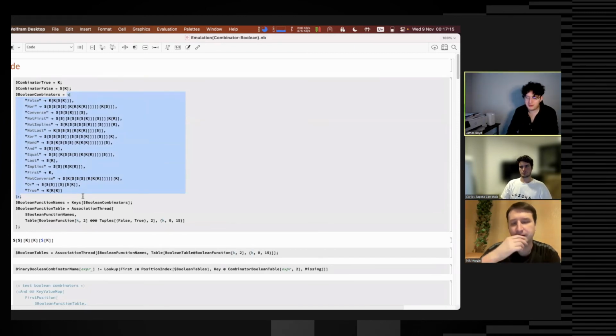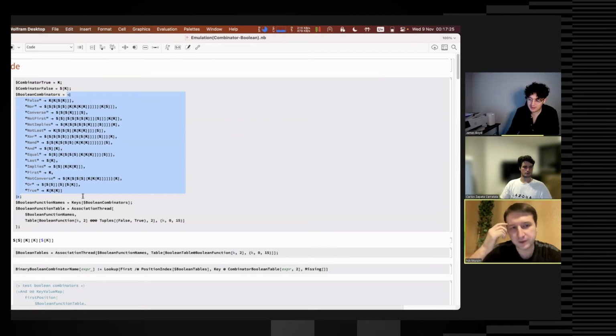Wait, let's go through that more slowly. So you begin — are you treating this as an initial condition, or is this just something that we find within some intermediate expression?